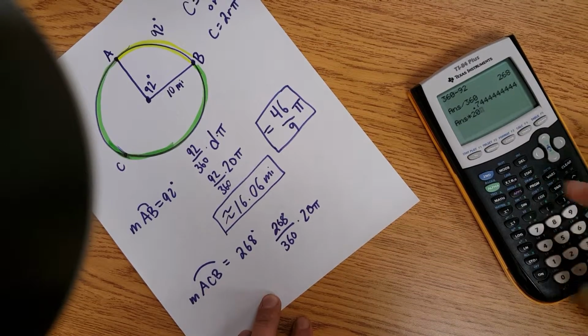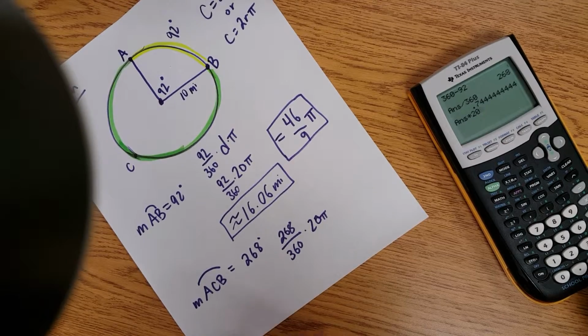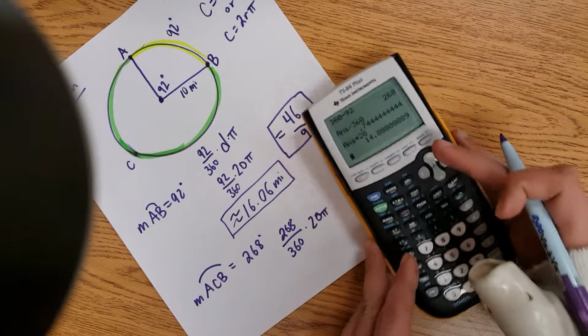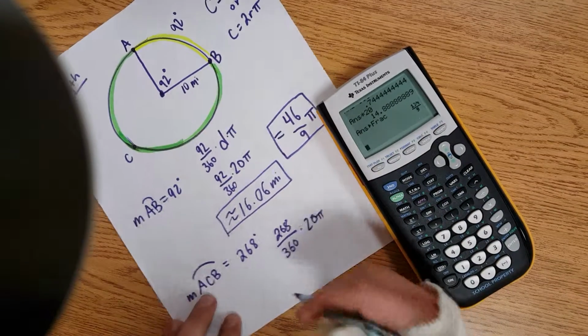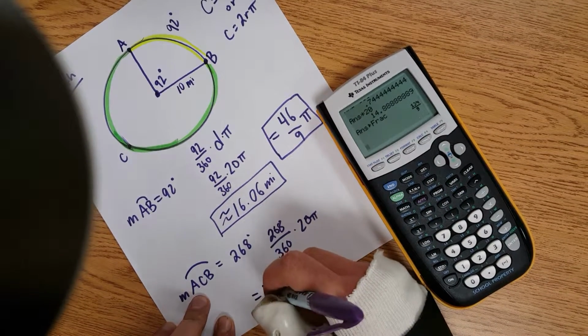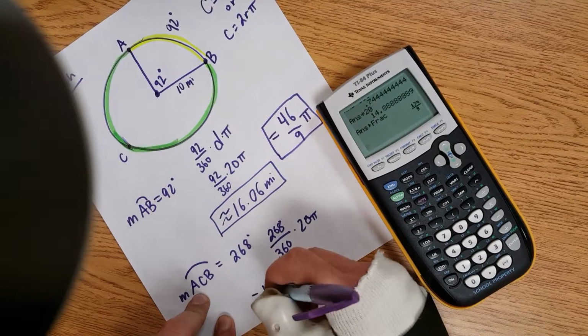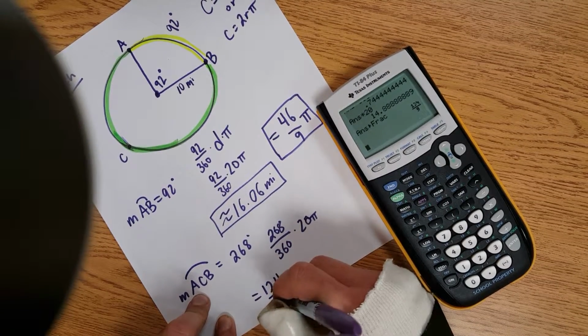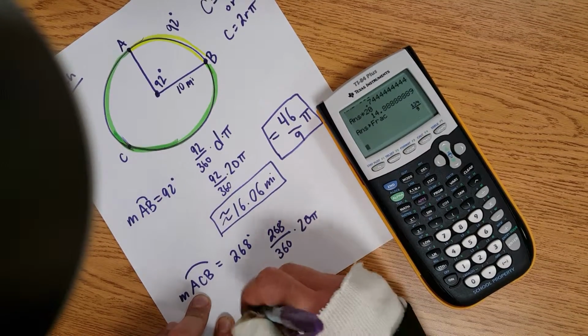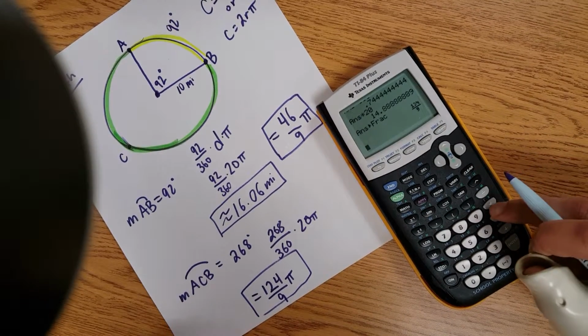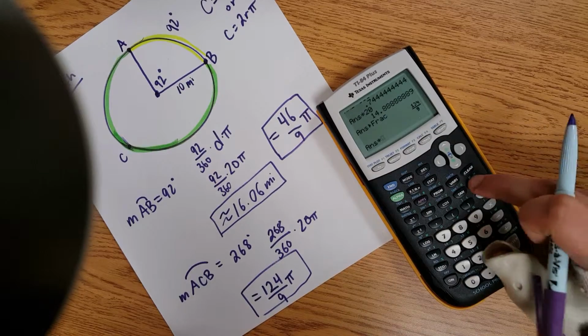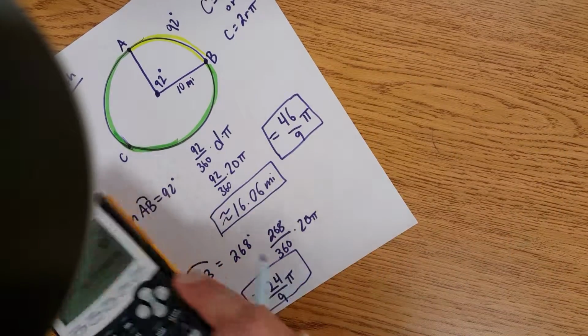Anyway, so you take this out of 360, multiply by 20 pi. I'll multiply by 20 first, and hit math, enter, enter. Change that to a fraction. That is 124 out of 9 pi. That's my exact answer because I didn't include pi when I multiplied it. And if you want that answer as an approximate answer, if you multiply it,